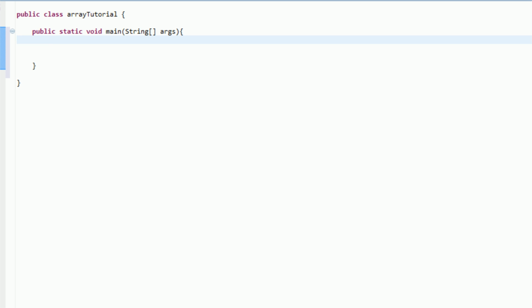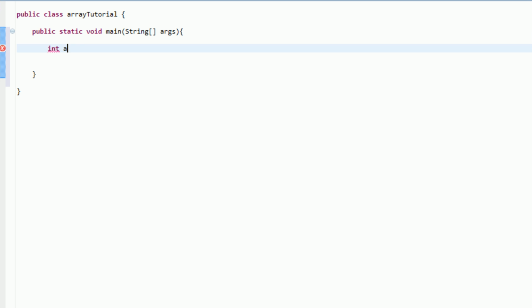So in order to create an array, the first thing you need to do is actually declare the array type, which in this case, our array type is going to be an integer. So you just declare it just like an integer, int. And then you need the name for your integer. I'm going to name mine lowercase arr, capital INT, because arr is short for array,